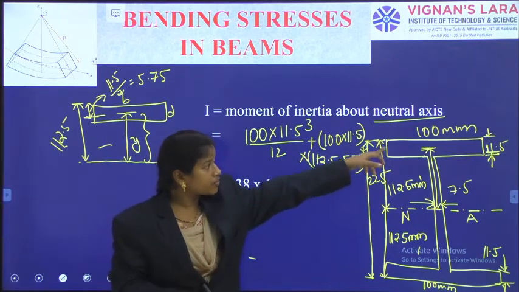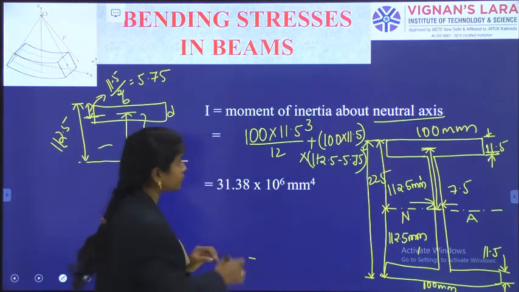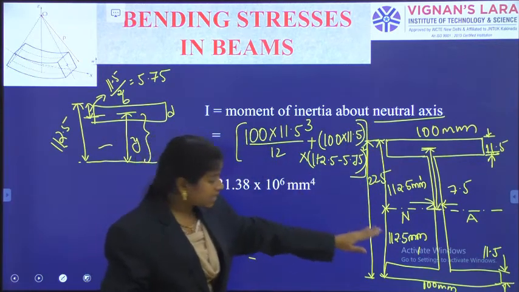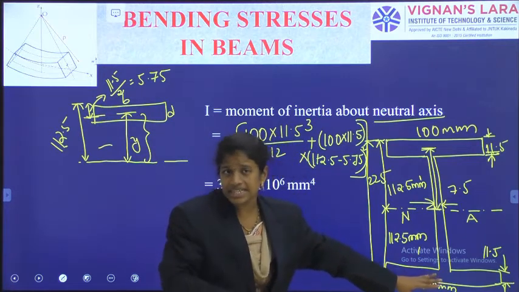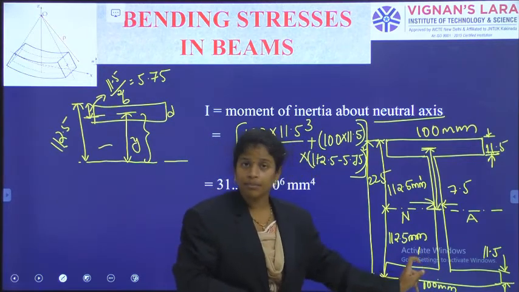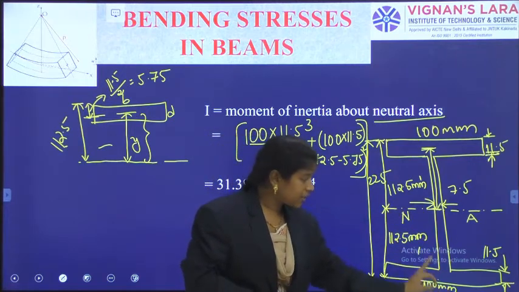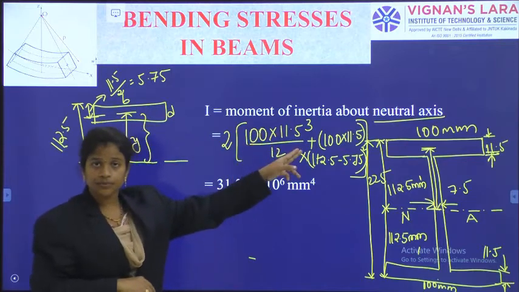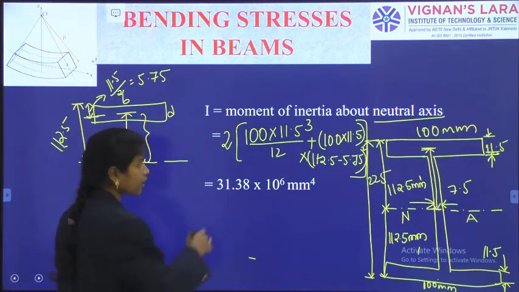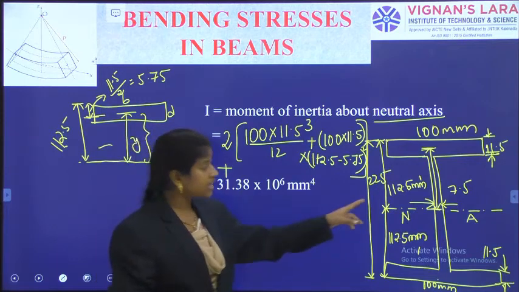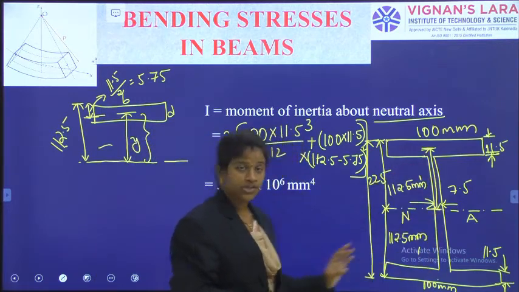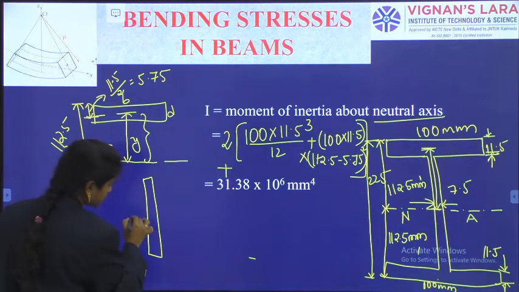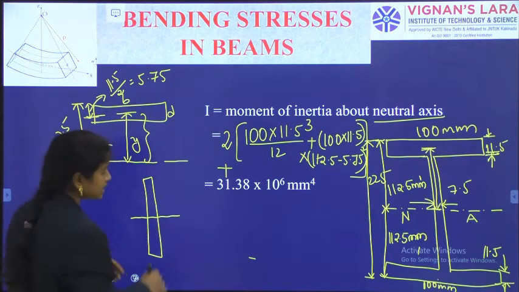This is the moment of inertia for the top flange only. And see here, the bottom flange is also the same: B D cube by 12 plus A into y square. So this term I can write twice, for the top flange and for the bottom flange. And I also need to add one more thing, that is the moment of inertia of the web portion. The web portion is like this, with the neutral axis line like this, and the height of this